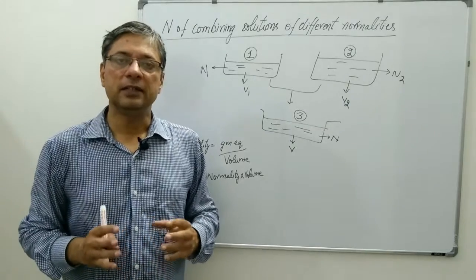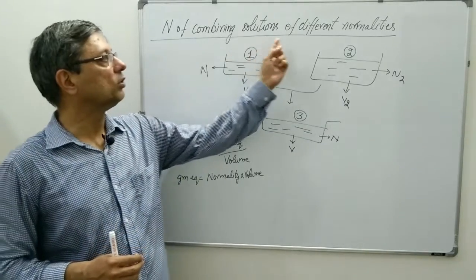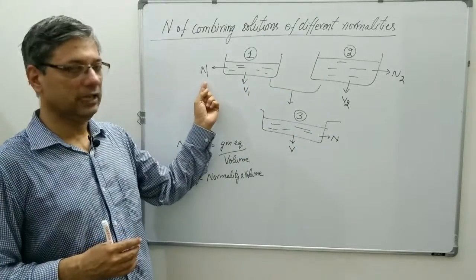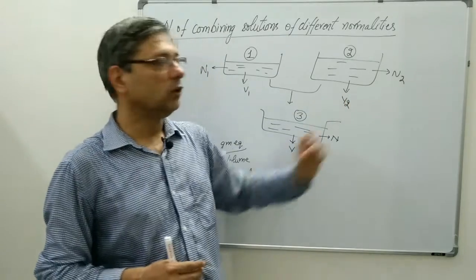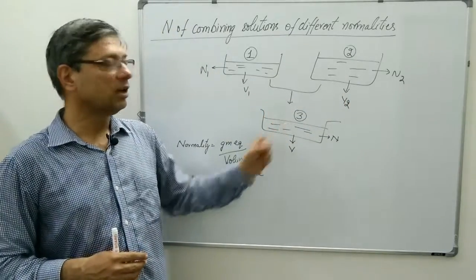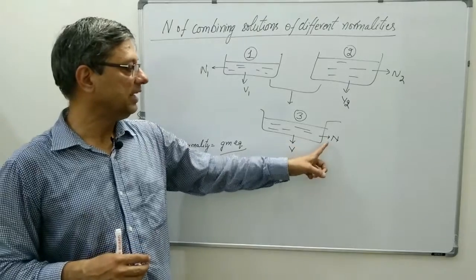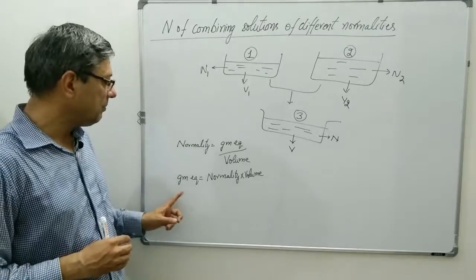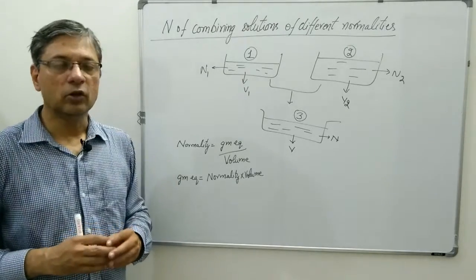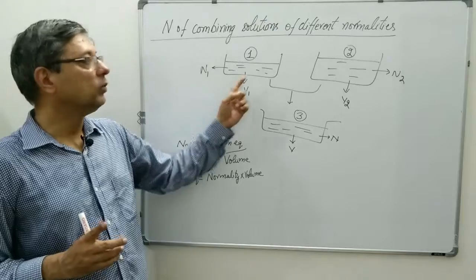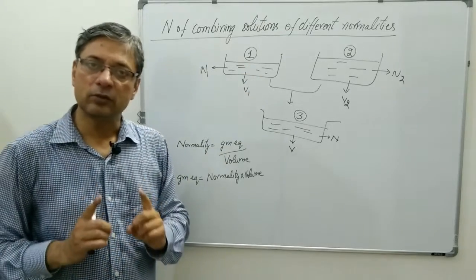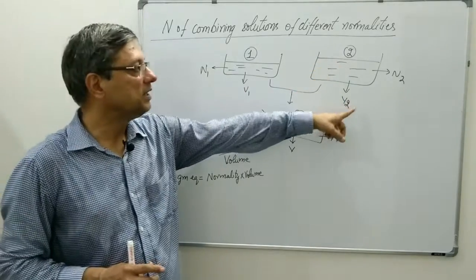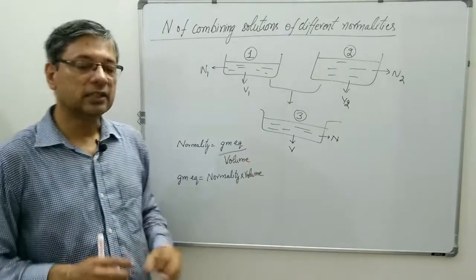We are deriving the normality of a solution found by combining solutions of different normalities. There are two solutions, 1 and 2, having normality N1, volume V1, normality N2 and volume V2. These solutions are mixed to form a third solution, that is the resulting solution having normality N and volume V. Normality formula we know, gram equivalents upon volume. Therefore, gram equivalents will be equal to normality into volume. Therefore, we can calculate gram equivalents of solution 1, that will be equal to N1V1. Similarly, gram equivalents of solution 2 will be equal to N2V2 and for solution 3 they will be N